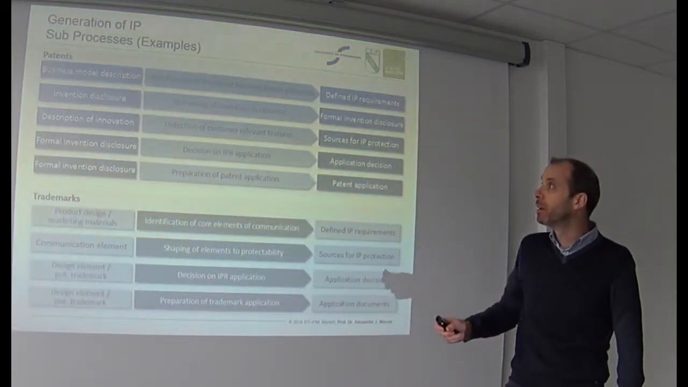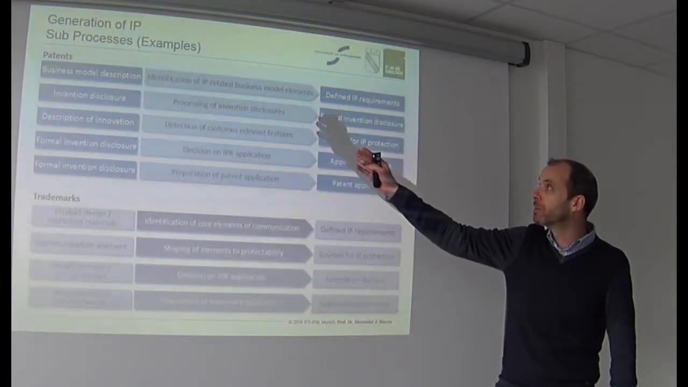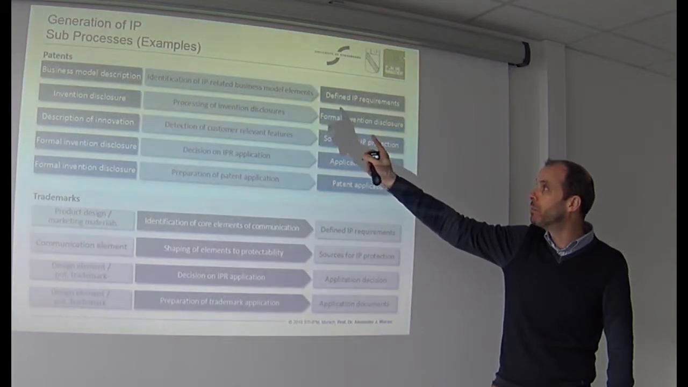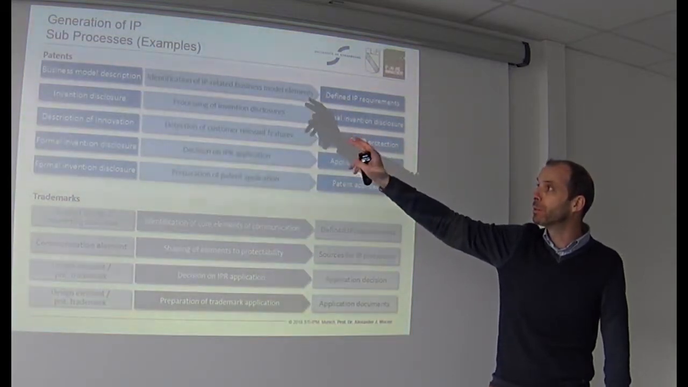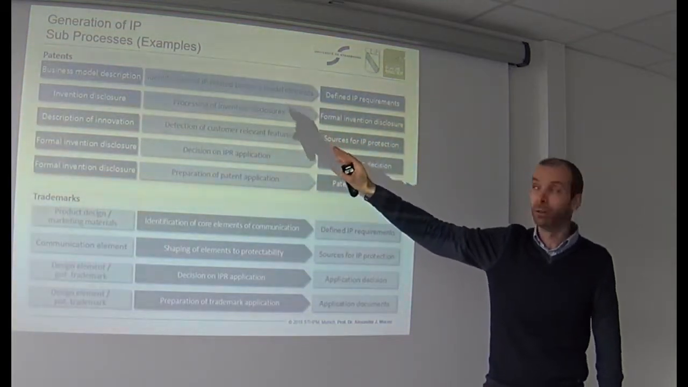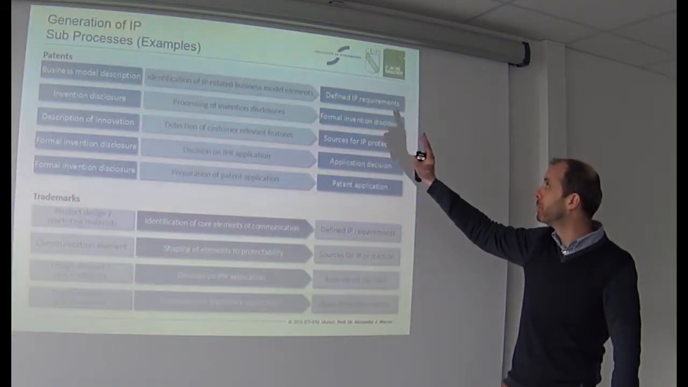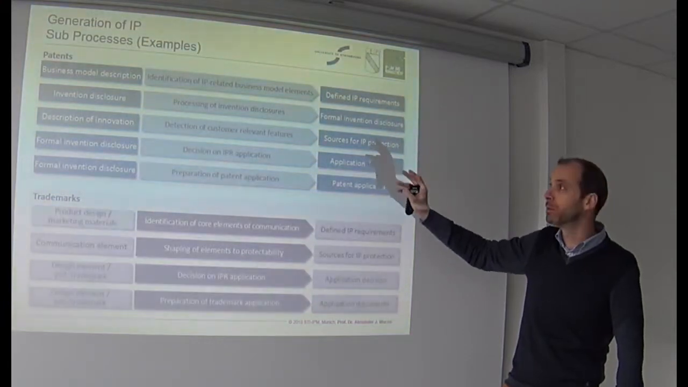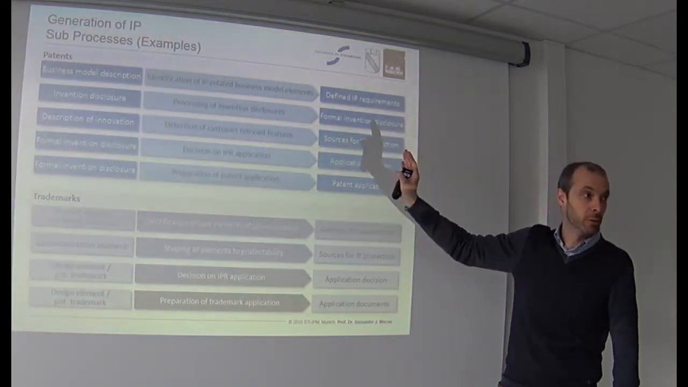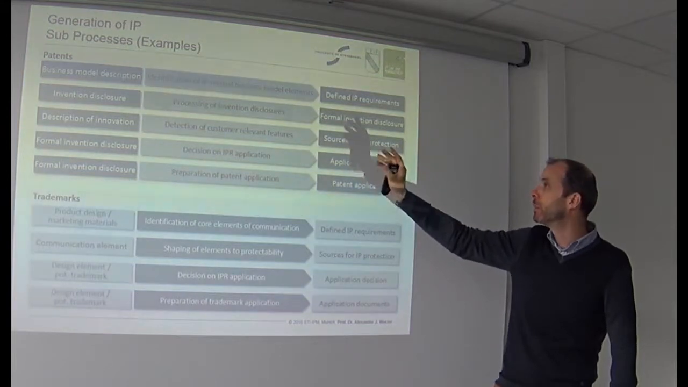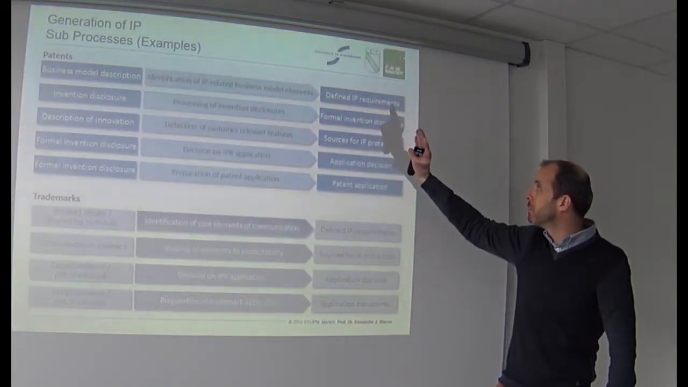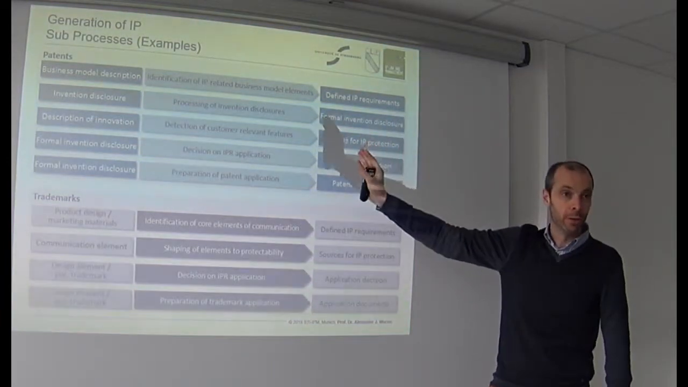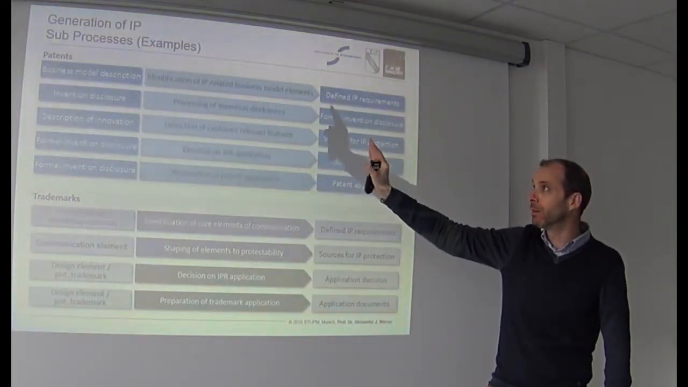So as you may recognize here, the identification of the business model elements will be done starting from your business model description. And through this first step, you will be able to define the IP requirements that need to be fulfilled. Then, now that you know what your IP requirements are, and here again I'm talking about patents, you